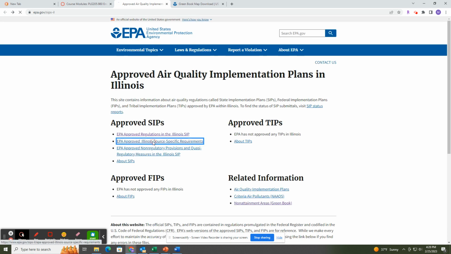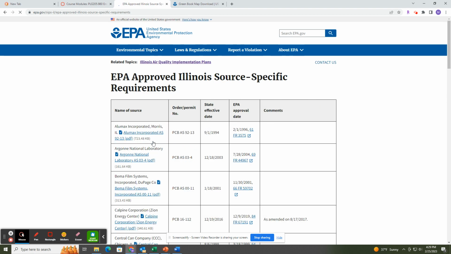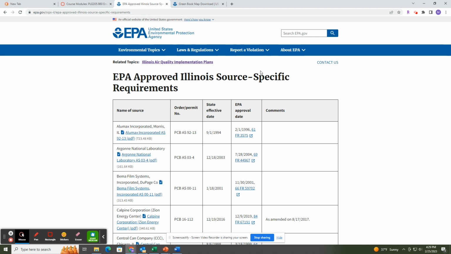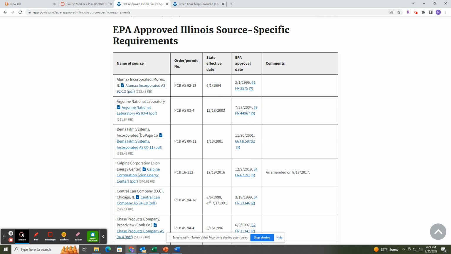And then here is Illinois' source-specific requirements. Right, so these are the stationary sources in Illinois that are regulated under the Clean Air Act, right? So Argonne, that's kind of near us. I don't know where this one is.